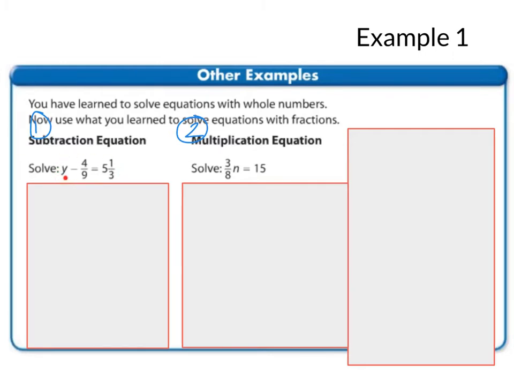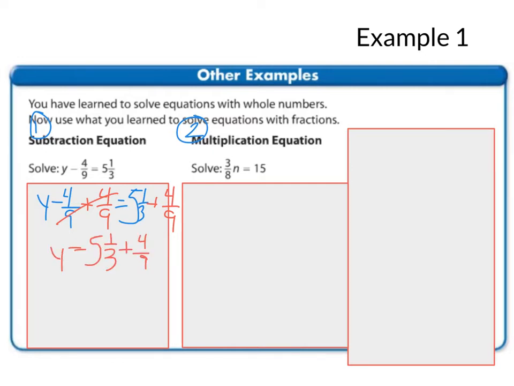After you have y minus 4/9 equals 5 1/3 written in your notes, I see on the side of y that it's y minus 4/9. I want y by itself, so I'm going to do the opposite, or the inverse, of subtracting 4/9, which is adding 4/9. As you see here, I added 4/9 to both sides. When you subtract 4/9 and you add 4/9, those cancel out. So now I have y equals